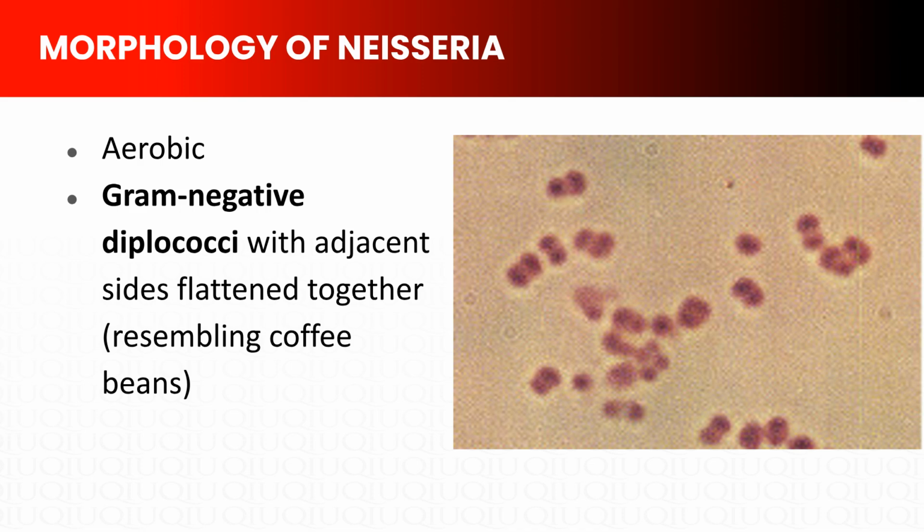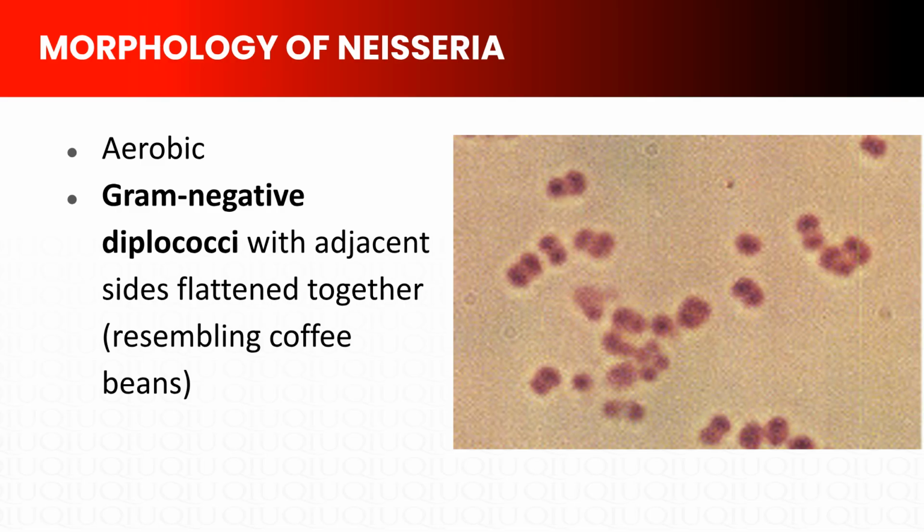Let's break this down. Gram-negative means the organism has a thin peptidoglycan layer and an outer membrane, and it stains pink with gram stain. But here's the really characteristic feature: diplococci. When you look at Neisseria under the microscope, the paired cocci have their adjacent sides flattened together. This gives them a distinctive appearance, often described as resembling coffee beans facing each other. This kidney bean or coffee bean appearance is so characteristic that experienced microbiologists can often identify Neisseria species based on